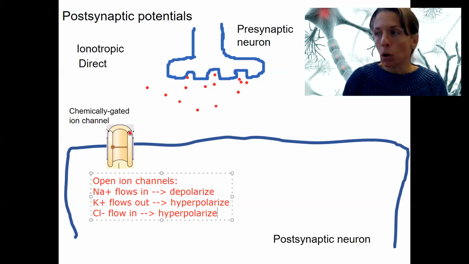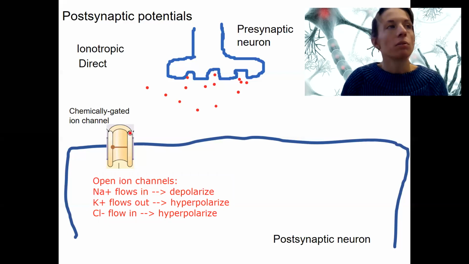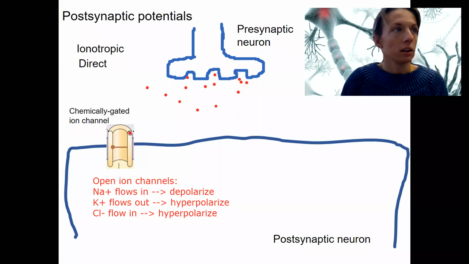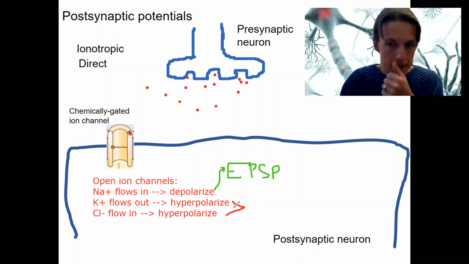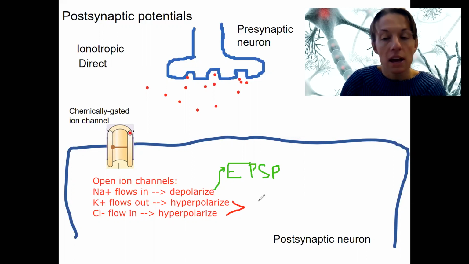Now, I'm going to introduce one more set of terms here that we will review again. So let's review. We're going to have some excitatory signals. Depolarization is going to be excitatory. It's going to bring the cell closer to threshold. This is called an excitatory postsynaptic potential, EPSP. Fun name, right? Then we've got some inhibitory signals. Hyperpolarizing the cell brings it further away from threshold. These are inhibitory